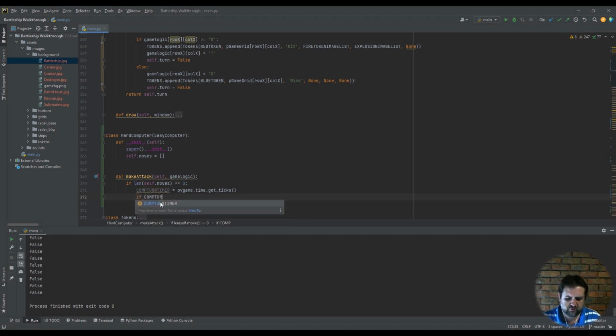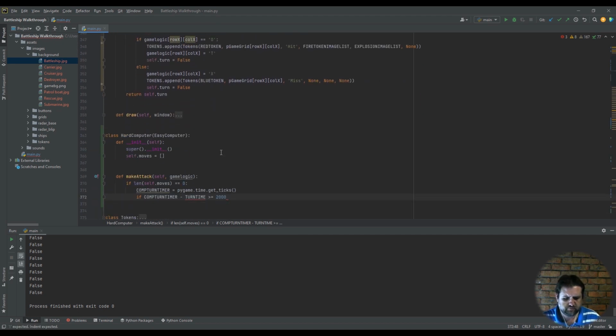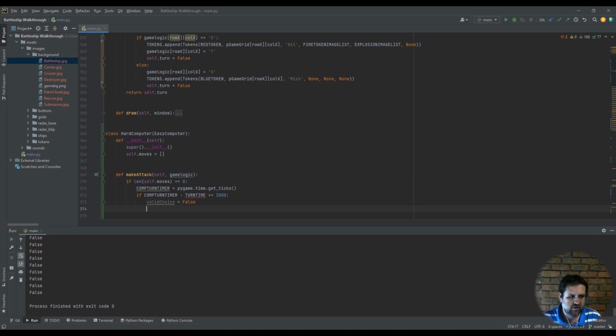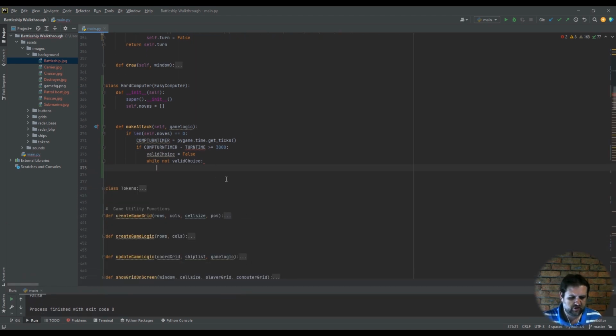If comp turn timer minus my regular turn timer is greater than or equal to 2000, we have it as, am I right? 3000. Okay, let's make it 3000. Valid choice is equal to false. While not valid choice,